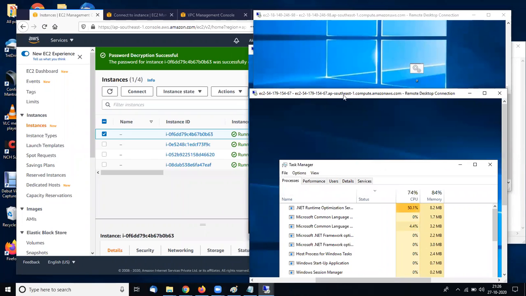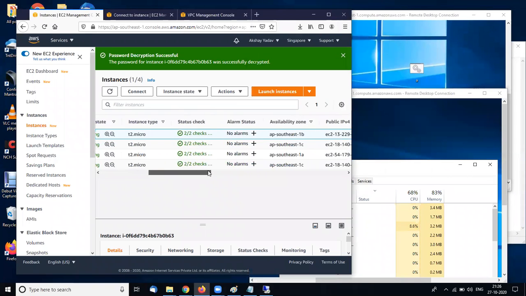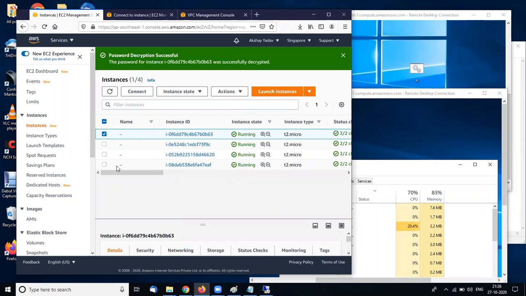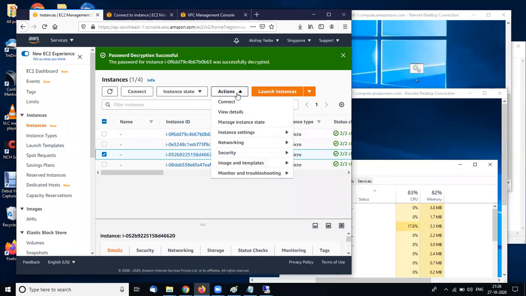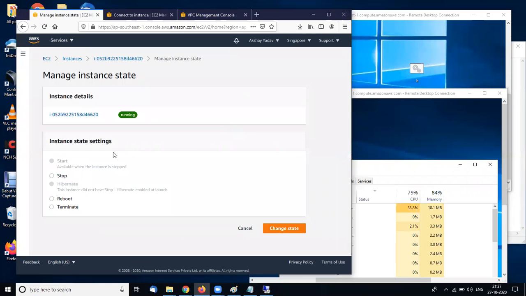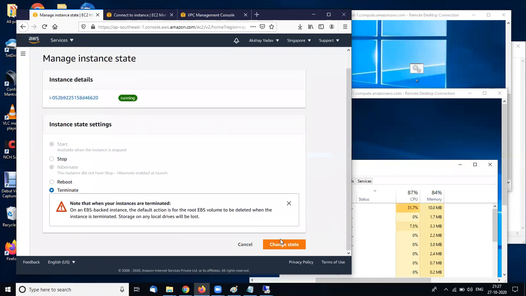So this is the server IP, 54.179. I deleted it manually. Terminate.